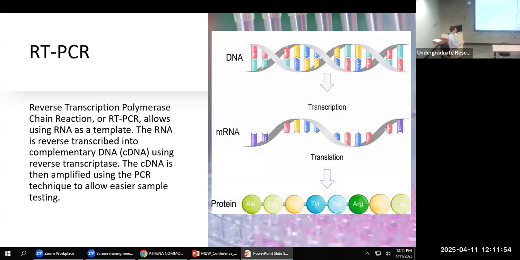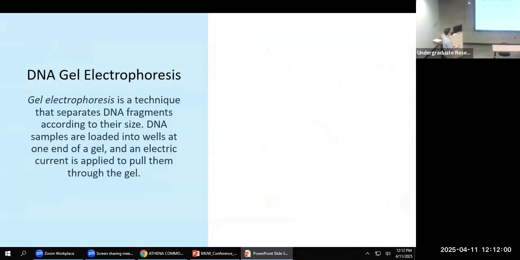This is a very useful technique for other protocols and procedures that I want to talk about, such as DNA gel electrophoresis. It's very similar to Western blotting. You go through gel electrophoresis for proteins, and you can do the same for DNA. For this one, instead of polyacrylamide, you use agarose, and it still separates the DNA by fragment size when you put a current through it,